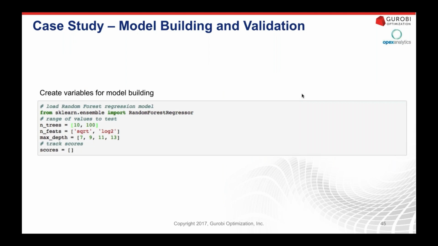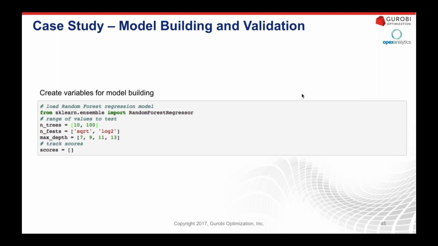Okay, so now we're going to create the variables that we're going to use in model building. As I mentioned, we want to test a bunch of different combinations and structures of the model to determine which creates the best error metric on the validation set, being a set of data that the model was not trained on. Basically, we're trying to see how well the model can generalize to data that it hasn't seen before in terms of how well it predicts the target variable.